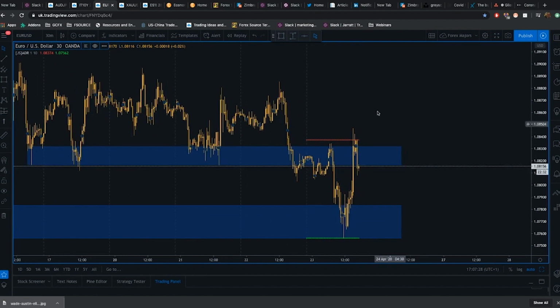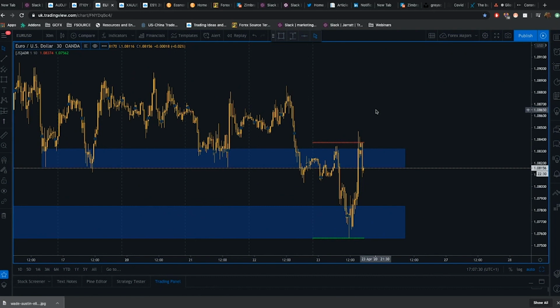Well, essentially, let's take this euro US dollar pair as an example. We have a euro US dollar downward bias for the session. There's been very weak PMI data out this morning from France and Germany, and the Eurozone showed a big contraction in the PMI data, which led to expectations for a very low economic reading for the second quarter for the Eurozone. So we have our downward euro bias.